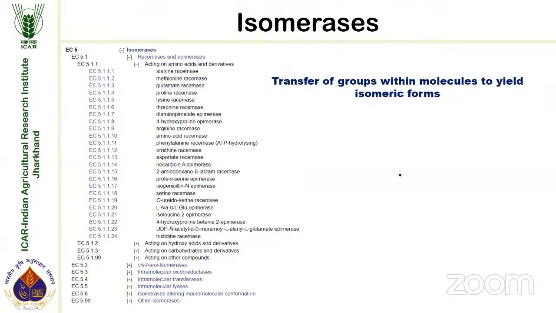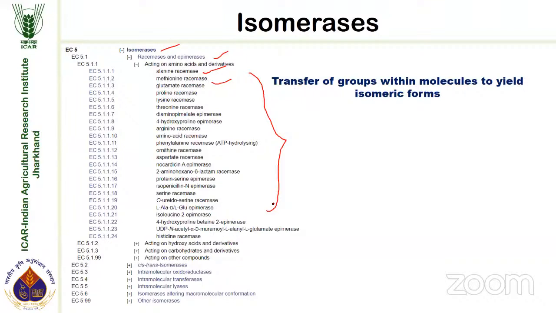Okay. So another is isomerases. The next class, the fifth class of classification, is isomerases. Here again, you have racemases and epimerases, and in them several enzymes. You can see all racemases and then epimerases. So basically, these are the enzymes involved in